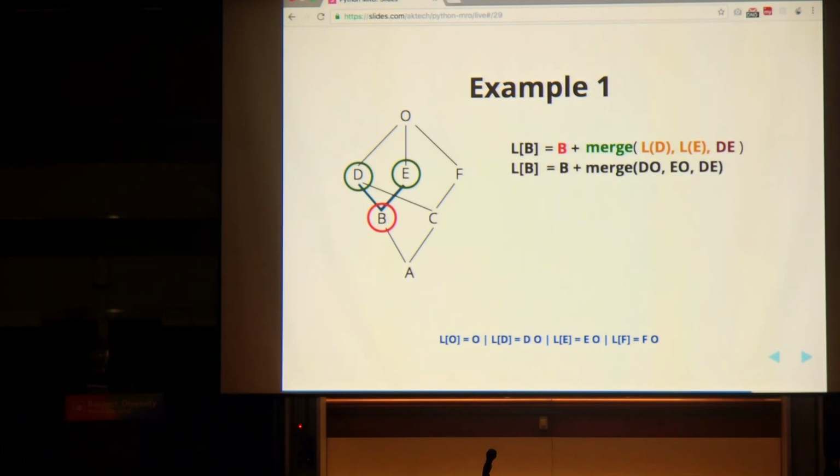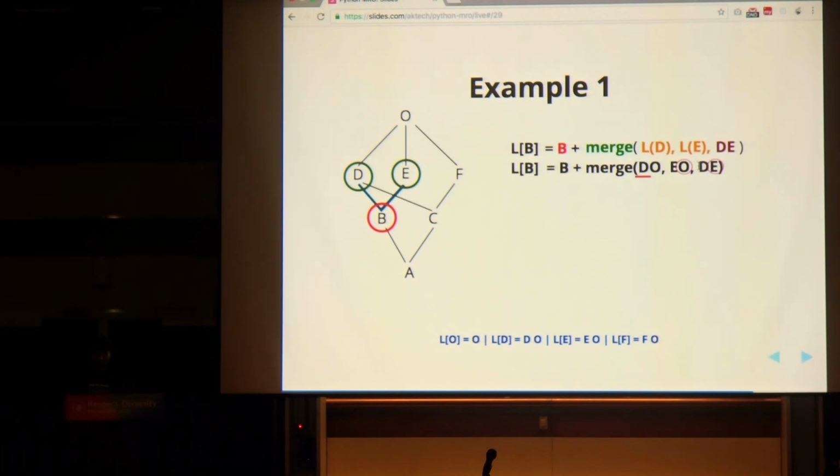So I explained how to find a merge. We'll use that algorithm to find the merge, so that makes this simpler and we have the linearizations in our hand. Basically, we'll start with the first element in the first list, that is D, and we'll see if the head of the first list exists in the tail of any of the other lists. The other lists we have are EO and DE. So D does not exist in the tail of any other list.